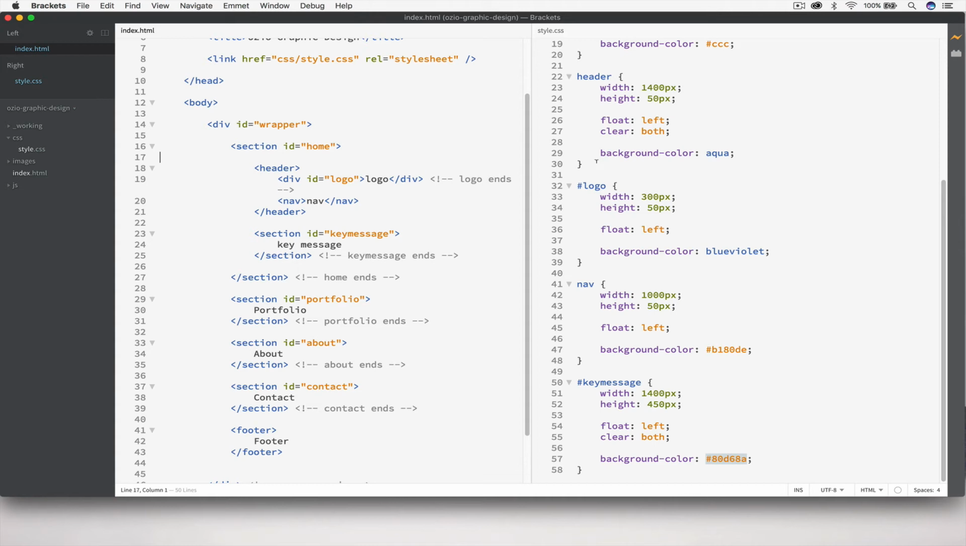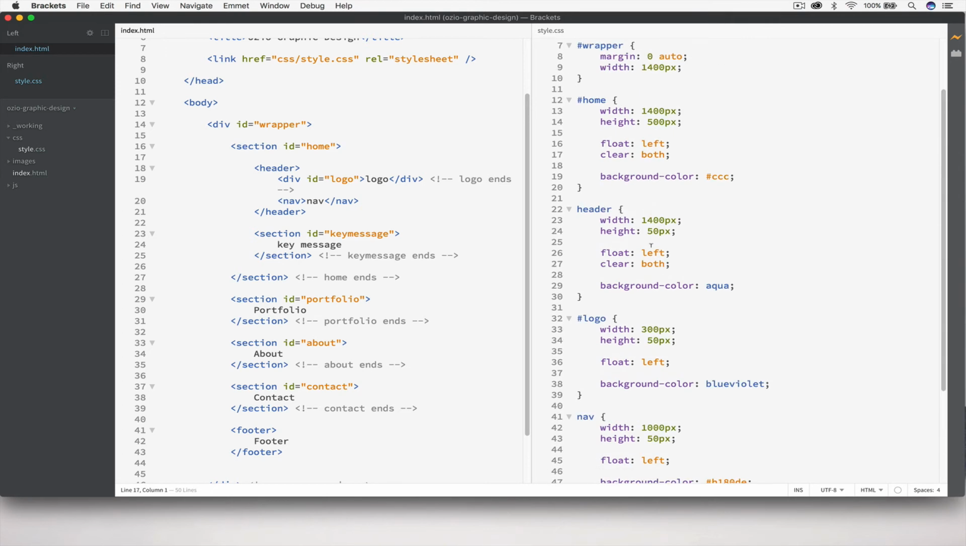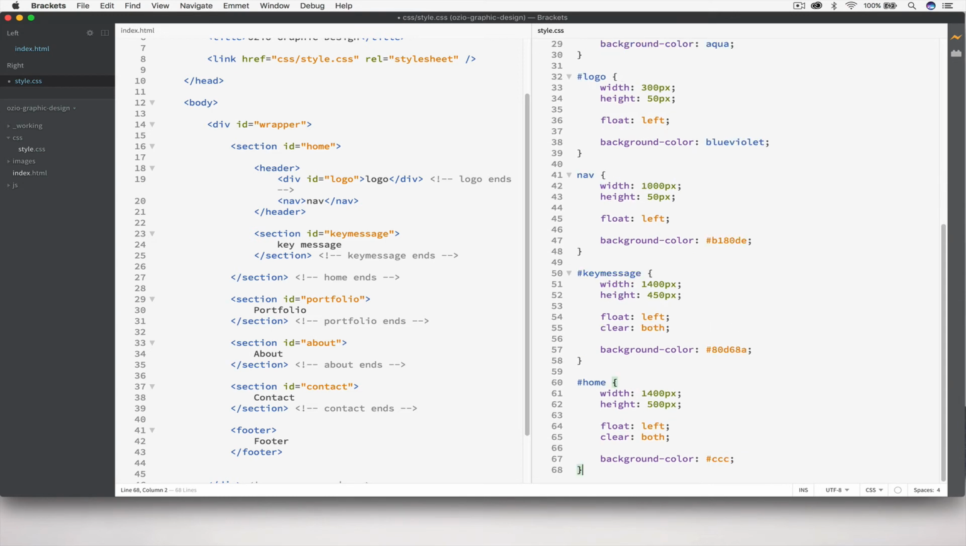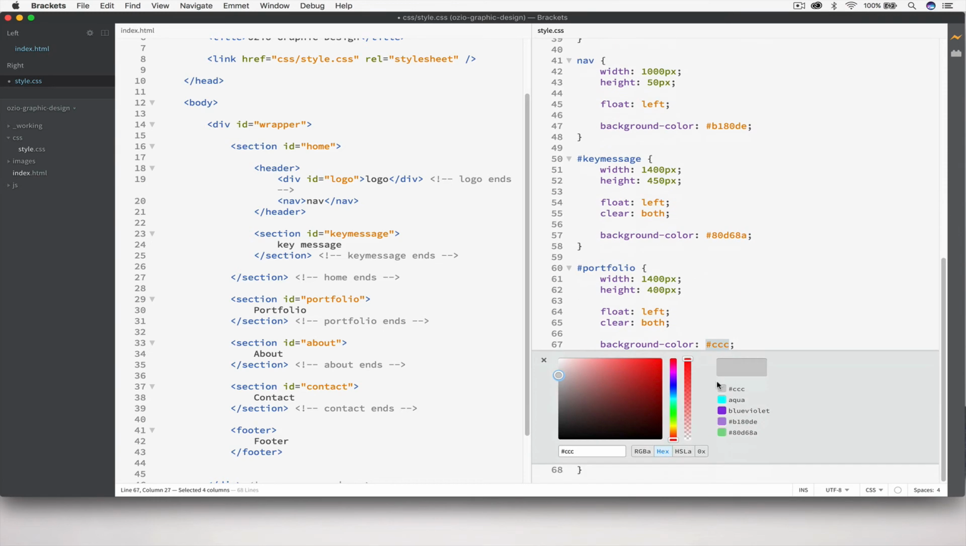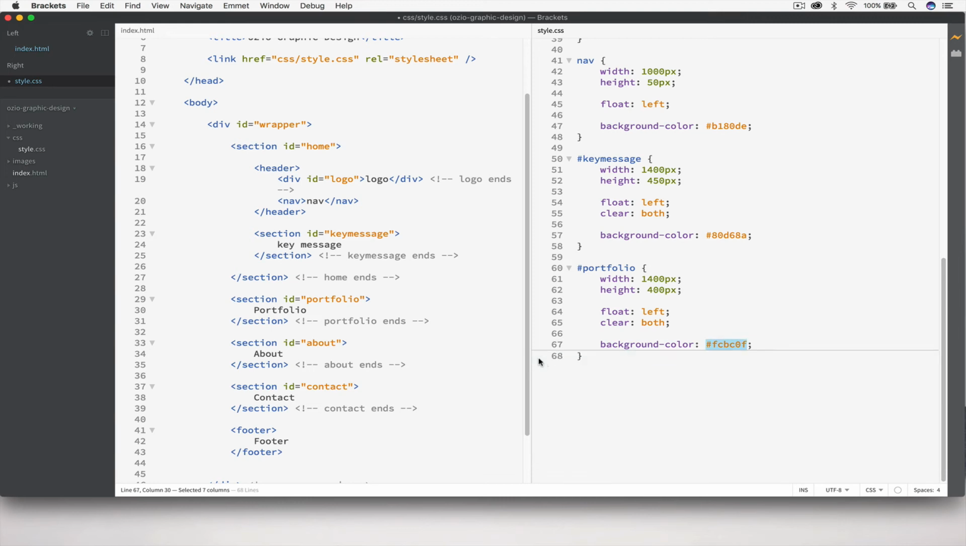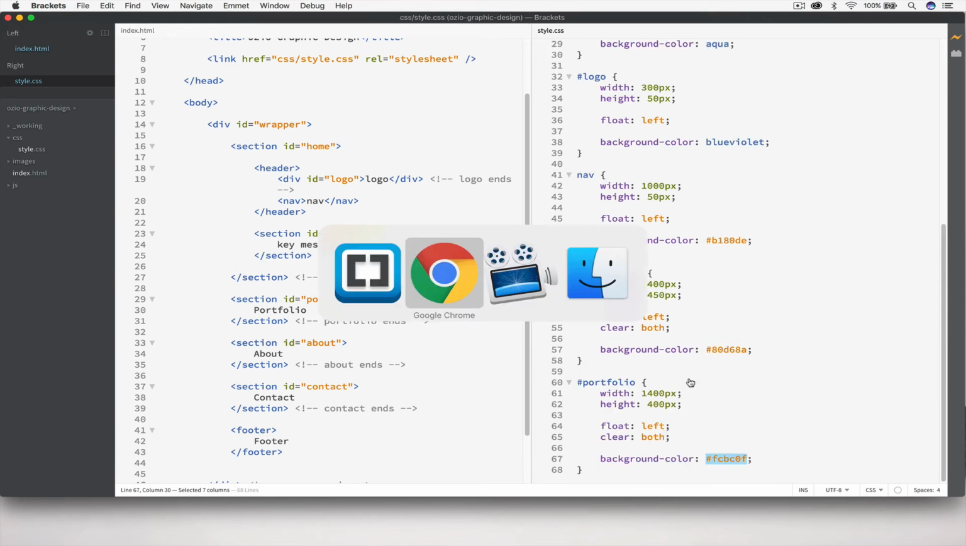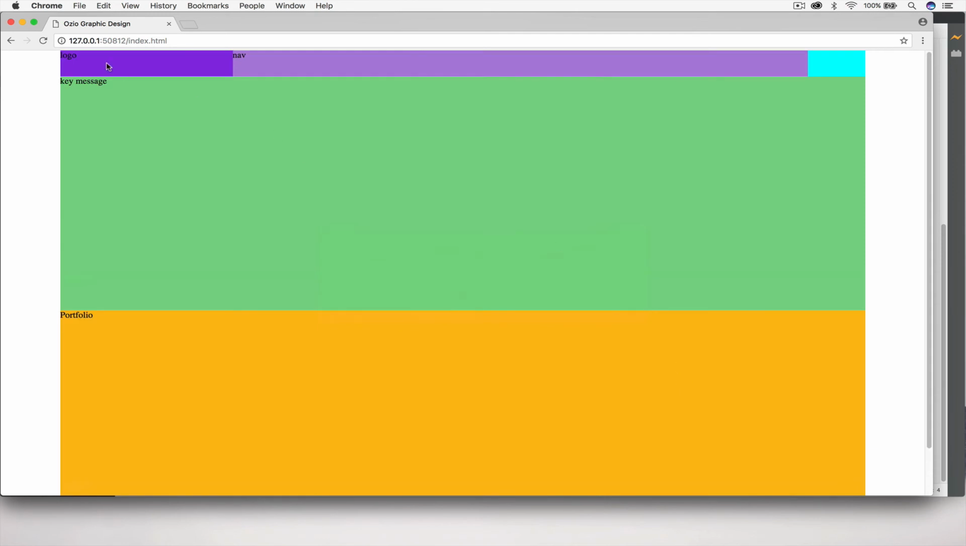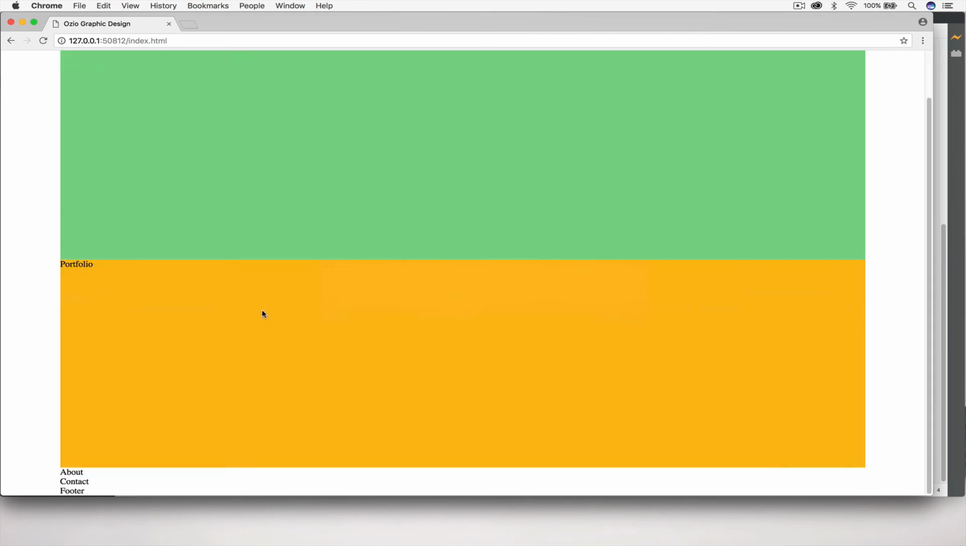All right. So as I take a look at portfolio, portfolio has kind of the same dimensions as home does, so I'm simply going to grab the home rule, copy that rule, and come below the key message and change what I've just pasted to be portfolio. It's going to be 1400 pixels wide, and maybe 400 pixels tall. It again needs to float left, clear both, and the background color I'm going to change to an orange like we kind of did inside InDesign. Save that now, and when I preview my website, I've got my logo, navigation, key message, portfolio, and all I